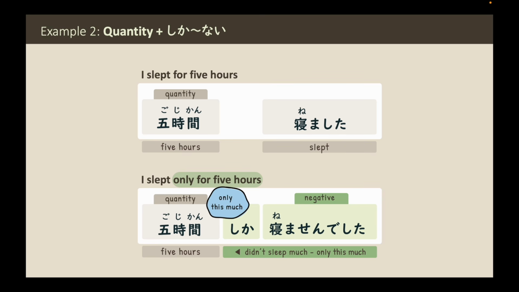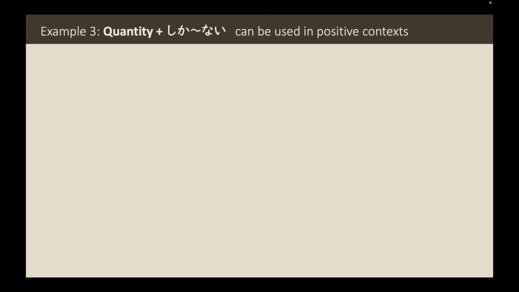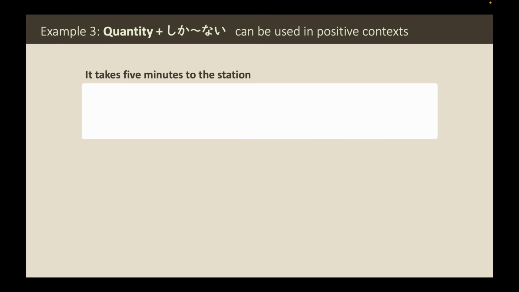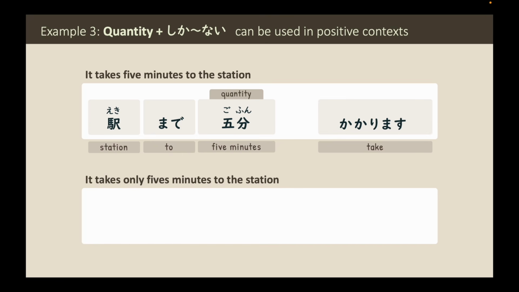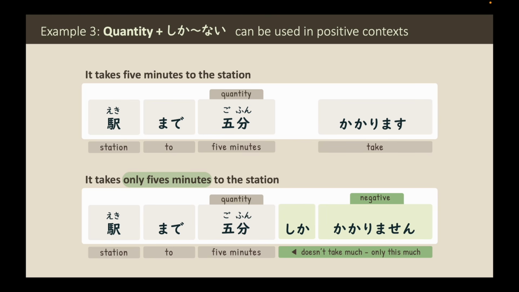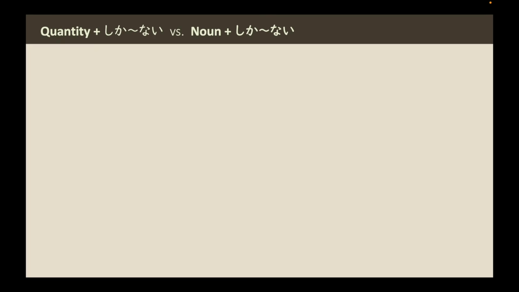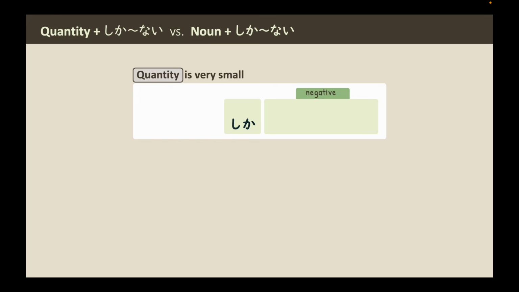amount is. But it's also fine to use it in positive contexts. For example, it takes 5 minutes to the station is 駅まで5分かかります。But if you feel 5 minutes is less than you expected, or you think it's only 5 minutes, you would say 駅まで5分しかかかりません。